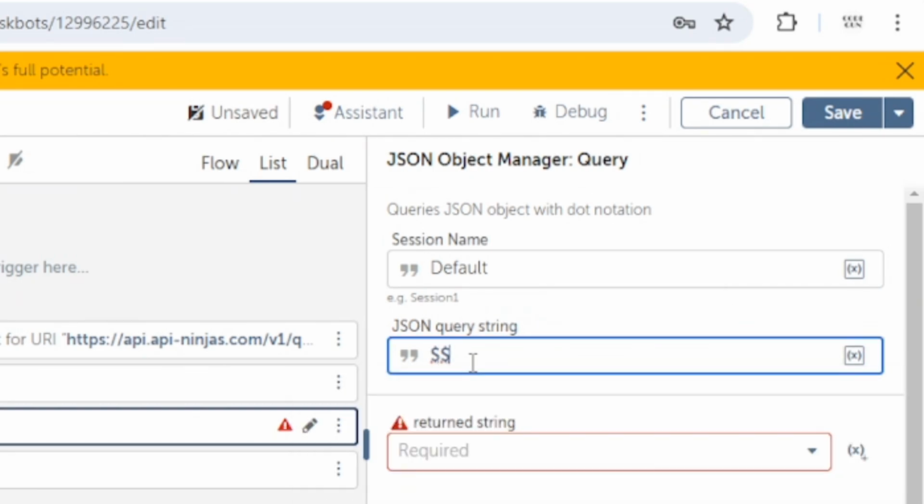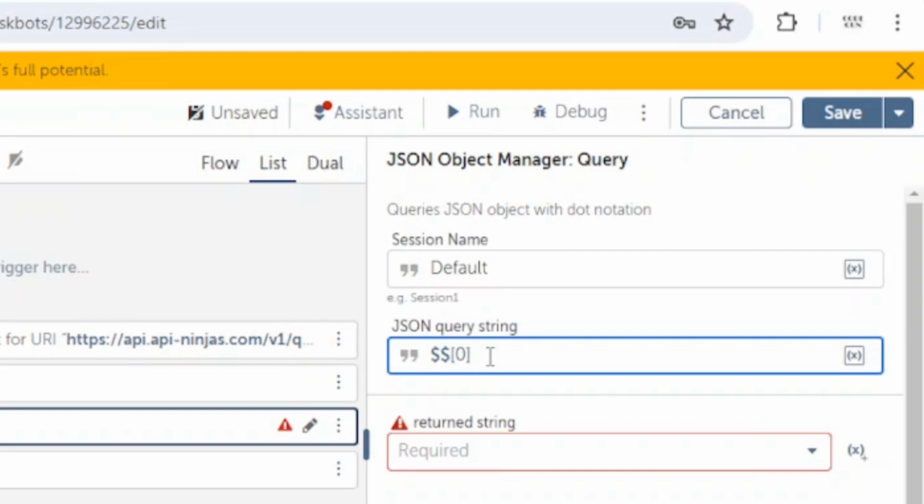So we will give double quotes and a double dollar sign, two times. Ideally we need to give only $1, but in Automation Anywhere we need to give $2. If we give 1, it will give an error. This is for the root element, and we are going to extract the value from the first, or the 0th, index. So the path of the first index is 0.